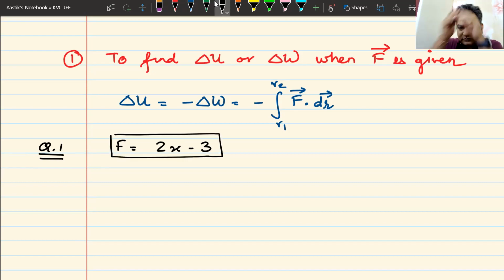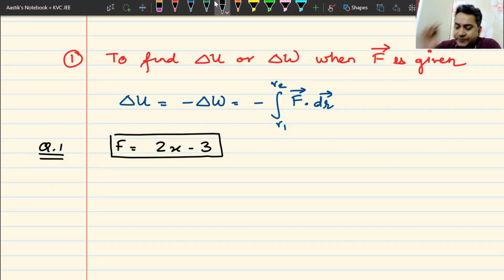I'm not going to create a three-dimensional force. Three-dimensional force will have x, y, and z component. We have found out the work done by a three-dimensional force in different ways. Whether it's a conservative force, we have found out the work done. Whether it's a non-conservative force, we have found out the work done. I am not going into all that because they are already done. Do we remember this, that we have done questions of this nature where force was three-dimensional and we had found out the work done by that force using integration? Yes or no?